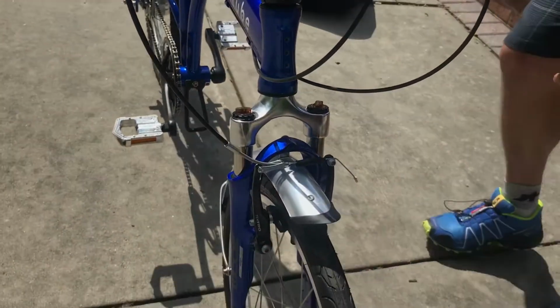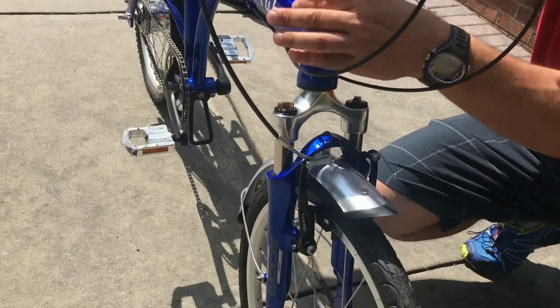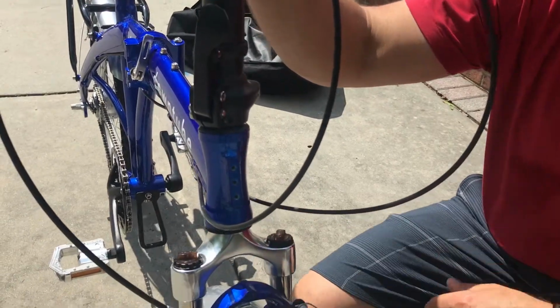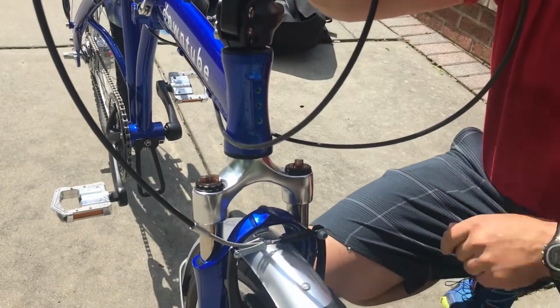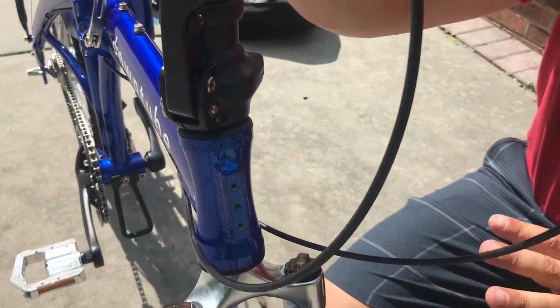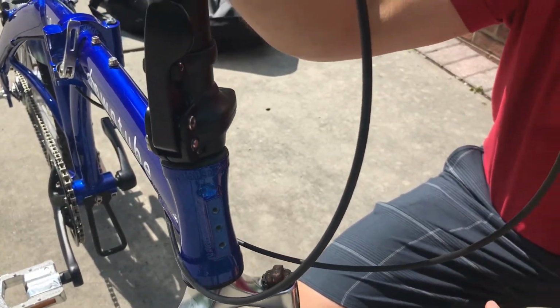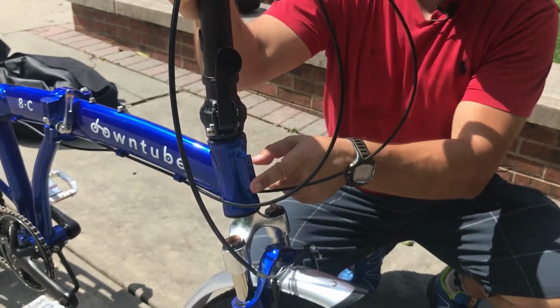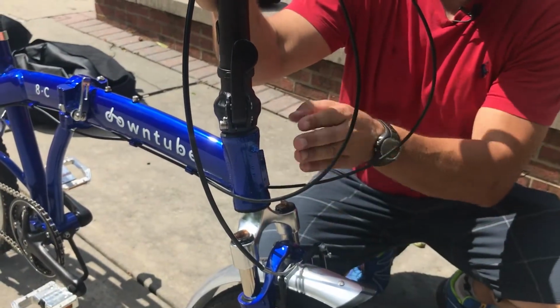So now I'm going to work my way down. You see we have an integrated headset, so this beautiful lightweight system, 3-bolt interface on the head tube. This is a perfect place to carry a bag system, simply because generally folding bikes, especially, are rear heavy. All bikes are generally rear heavy because the drivetrains are heavier and they're in the back. So if you're going to try to equate the weight front and back, you're going to want more weight in the front. And this is the perfect place to have it, simply because you don't want it on the handlebars,